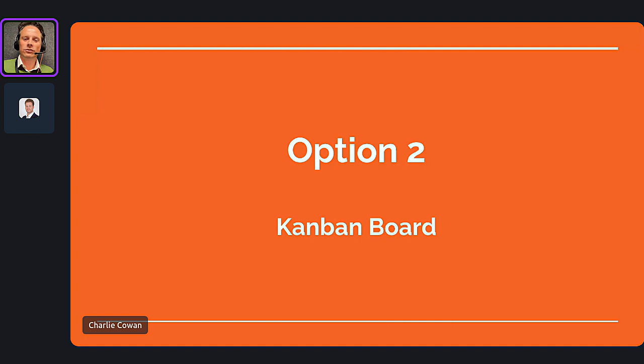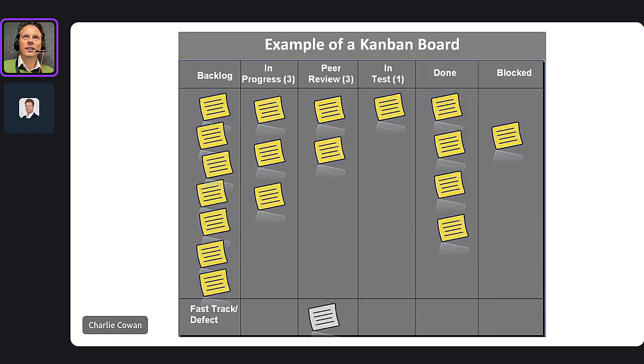So option 2, which takes things forward another step, and I quite like, because it's quite visual, I'm quite a visual person, is the idea of a Kanban board. Now, if you're not familiar with a Kanban board, it's used quite a lot in agile development, and I think a lot of it came from Toyota and how they built a lot of their lean manufacturing processes a good few years ago. And the idea is that you create sort of buckets of activity, and you can only have a certain number of things in each bucket at each time.